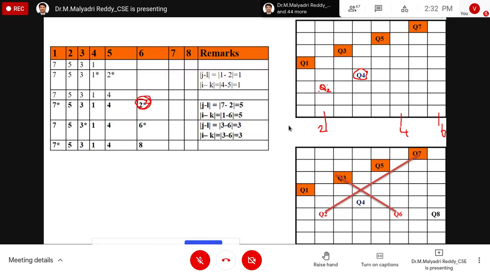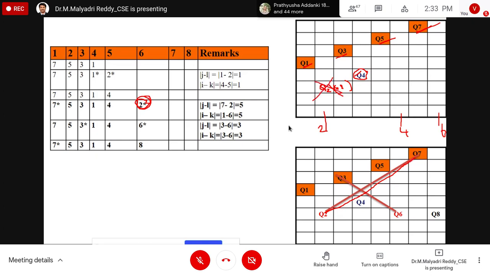I have to check the i comma j. This is the k comma l, right? I comma j with all elements 1, 3, 5, 7, and 4. Should we even check with the new element also? Remaining all queens which are placed on the board. So if I place the Q2 in this one, I need to check with Q1, Q3, Q4, Q5, and Q7. By substituting, the conflict occurred with Q7. So that is why it is not a feasible solution.